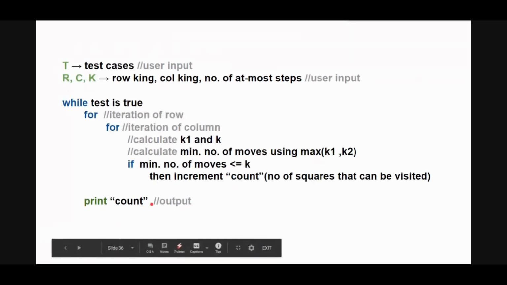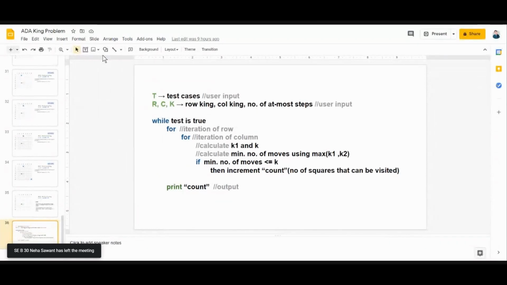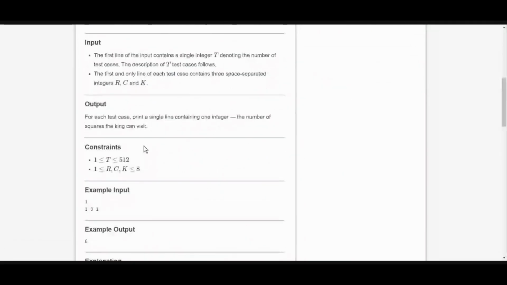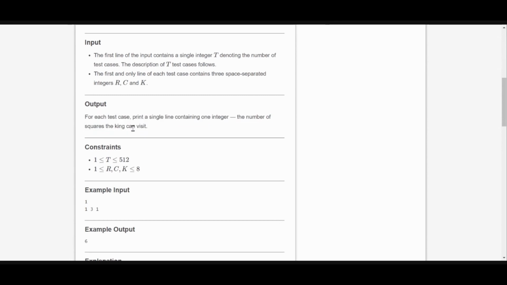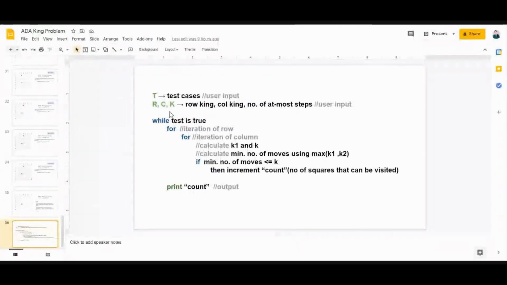And then we have to print the count, which is the output we saw here. For each test case, print a single line containing one integer, the number of squares the king can visit. So the count is nothing but the valid number of squares the king can visit.